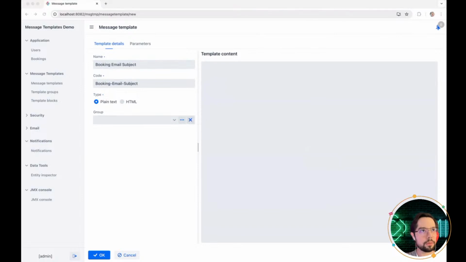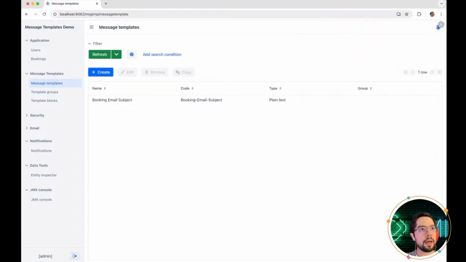In my case, I'll use a code snippet for this. So as you can see here, this booking title is a FreeMarker placeholder that will be replaced with the actual title of the booking when the message is generated. So now I can save